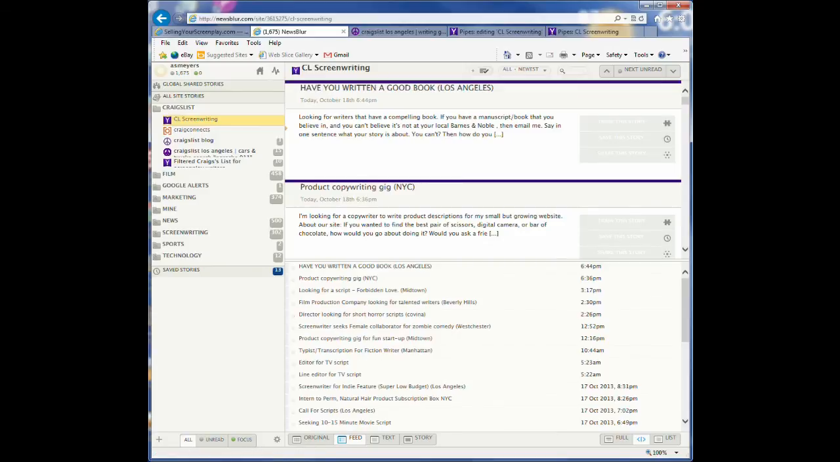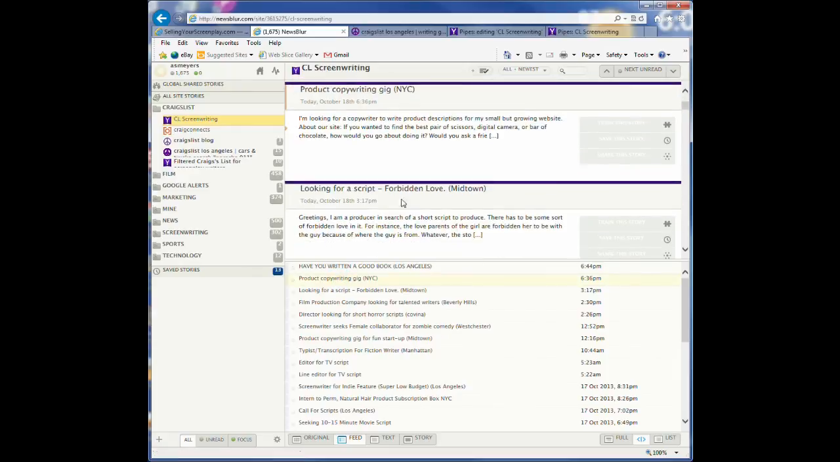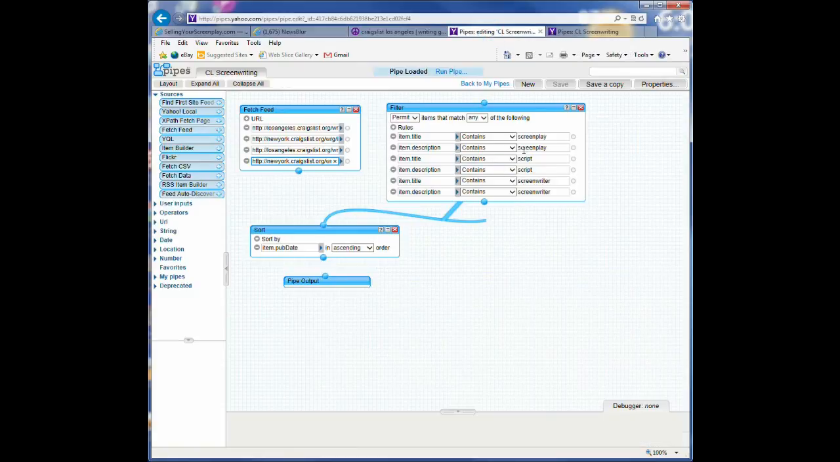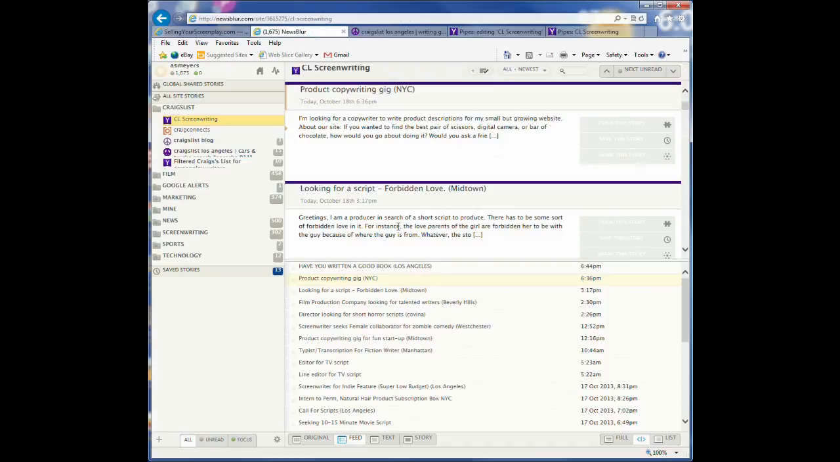Now, a couple of quick notes. This won't be 100% accurate. There's going to be a few that slip through here. I mean, here's a product copywriting gig. Somehow that slipped through. I don't know. It must have some keyword in it that was in my Yahoo pipe. These are my keywords: screenplay, script. So it must have had the word script in there, and so it did slip through. So you're not going to get 100% of the